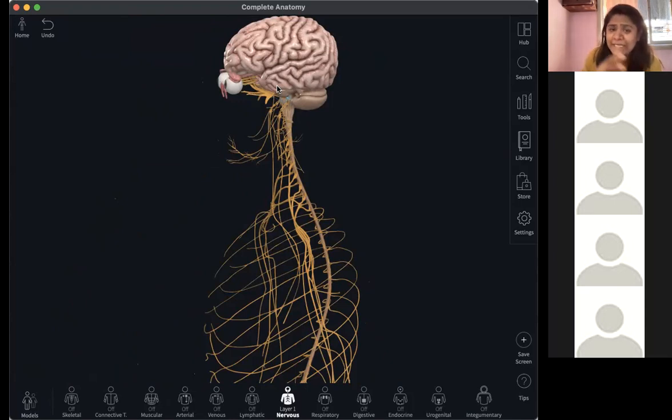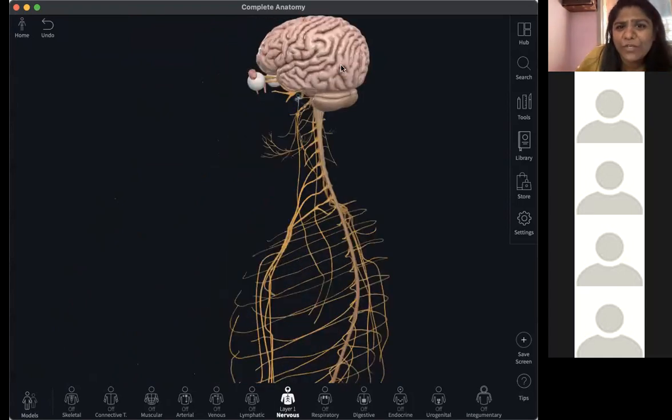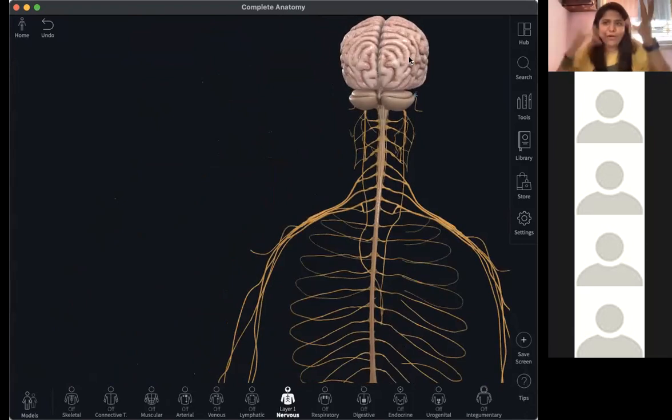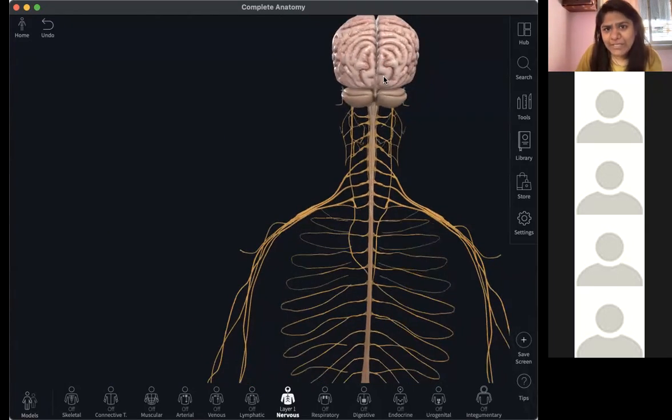Your brain is a tube. You're controlled by a tube. What kind of people are you? Okay, so you have this tube which is basically folded and put inside this space which is called your cranium. What else do you see over here?